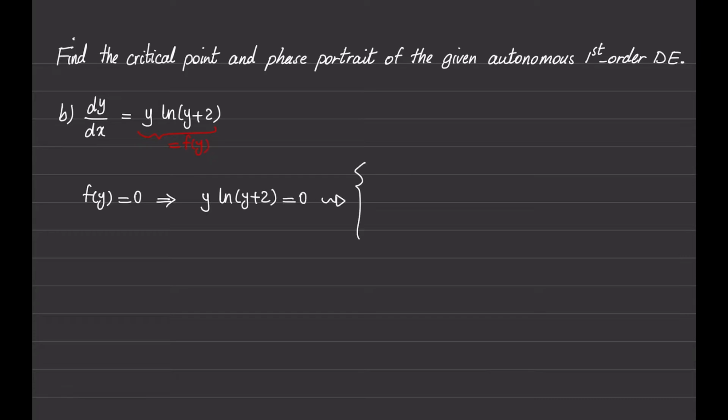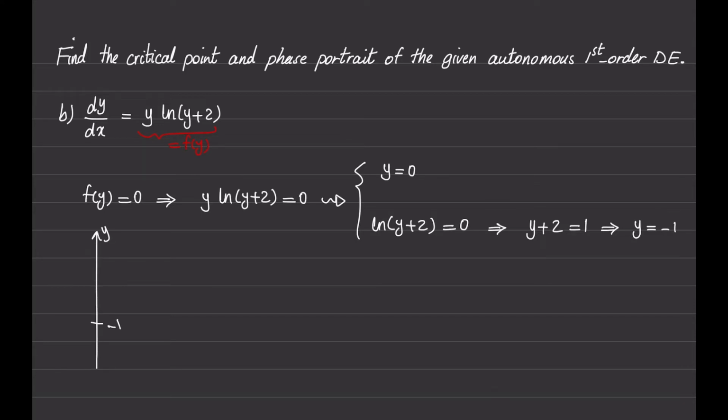For f of y to be equal to 0, either y has to be equal to 0 or ln of y plus 2 has to be equal to 0. And we know that ln of 1 is equal to 0. That means that y plus 2 has to be equal to 1, so y equals negative 1. So these two critical points, y equals 0 and y equals negative 1, will divide the y-axis into three